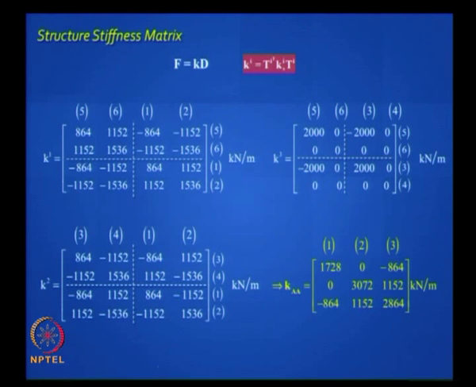So let's just pull out KAA. How do I do that? So I'll show you stepwise. Look for where you have 1 and 1. So you got 1 and 1 coming here and 1 and 1 coming here, right? So pick up those values and add it up. So you have 1 and 1 here, 864 and 864 will add up to 1728. So can you do this picking up the slotting business? We discussed this earlier, and that is how you fill up that matrix.